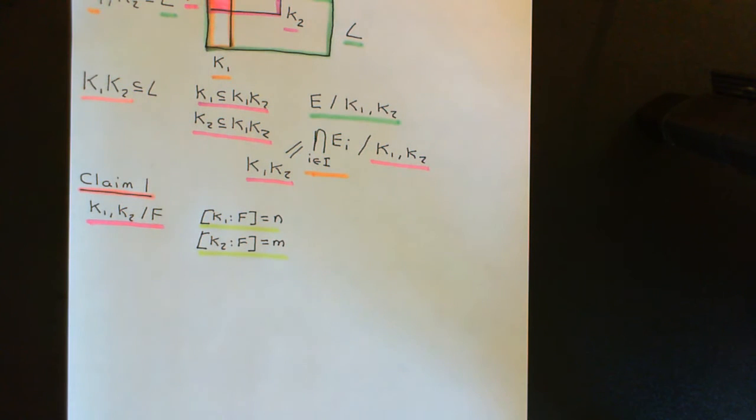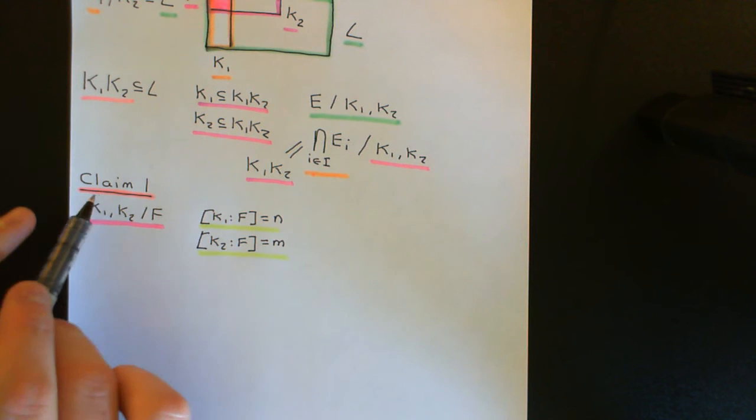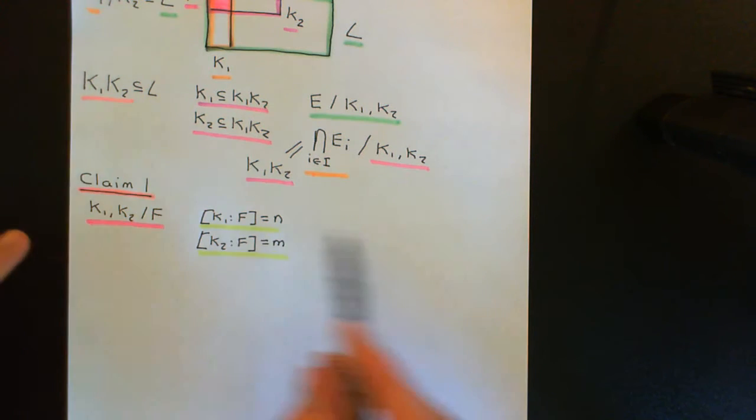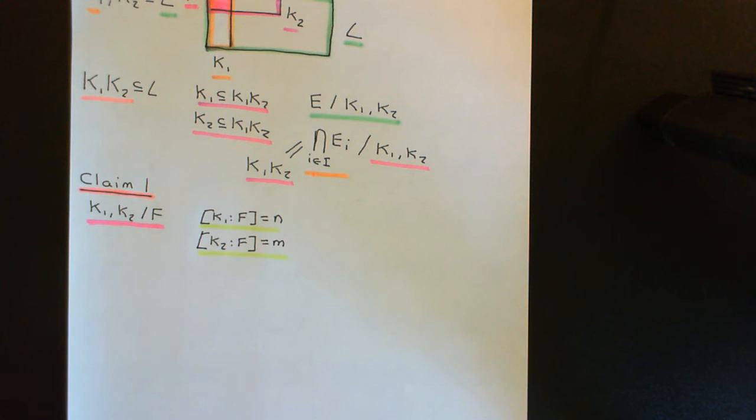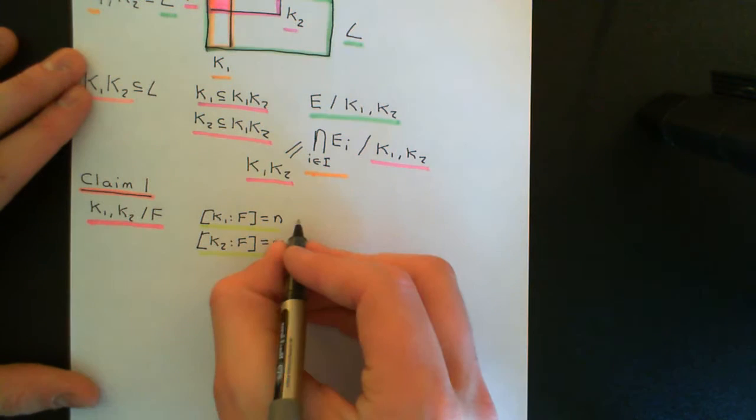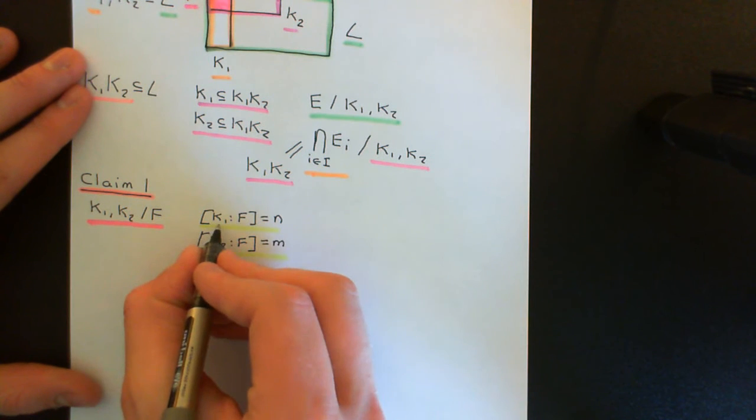Okay, so we're going to assume that both of these field extensions are finite field extensions of F, okay, and I haven't actually put the claim yet. This is all just the setup, and then I'll put the claim in a moment. Okay, so we're going to assume this. Now, what does this mean? This means that K1 can